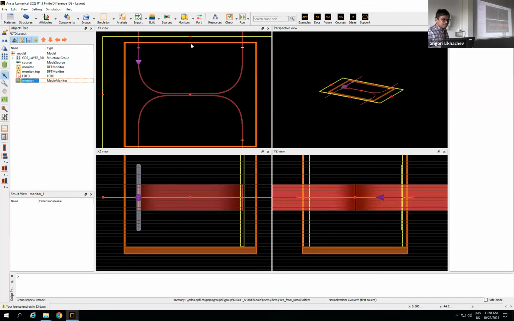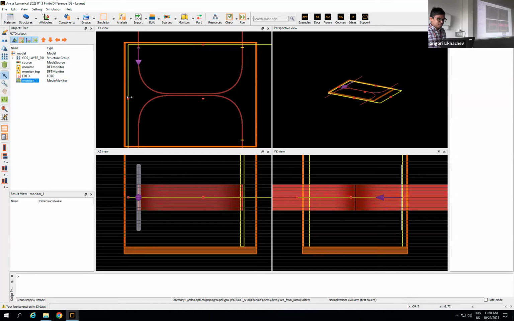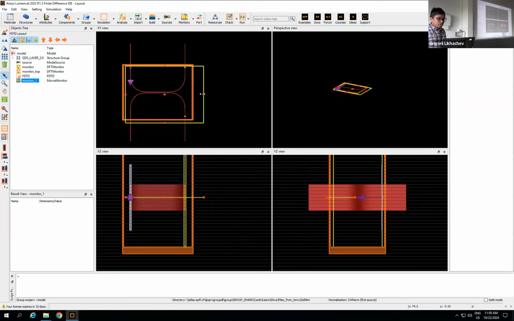So it is very good to have this one, and you can click on the monitor and adjust the size of the monitor. And if 1000 femtoseconds was not enough for the light to travel from here to here, you would see the pulse getting cut off in the middle, so you can increase your total simulation time and run your simulations again. And then I think now we are done with the simulations, and I hope I have done everything correctly. If I click run, first I can see over here that there is an option to check the simulation. So yeah,